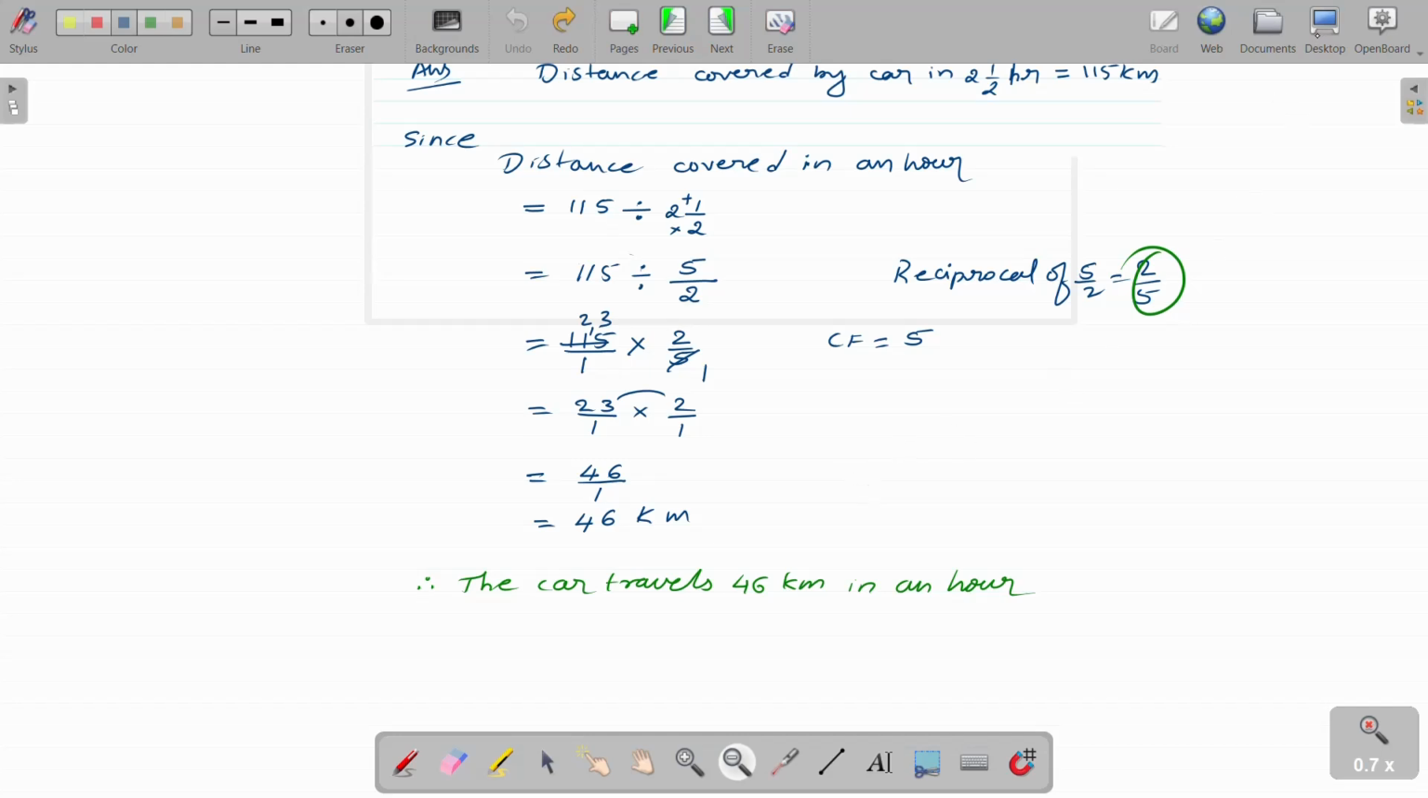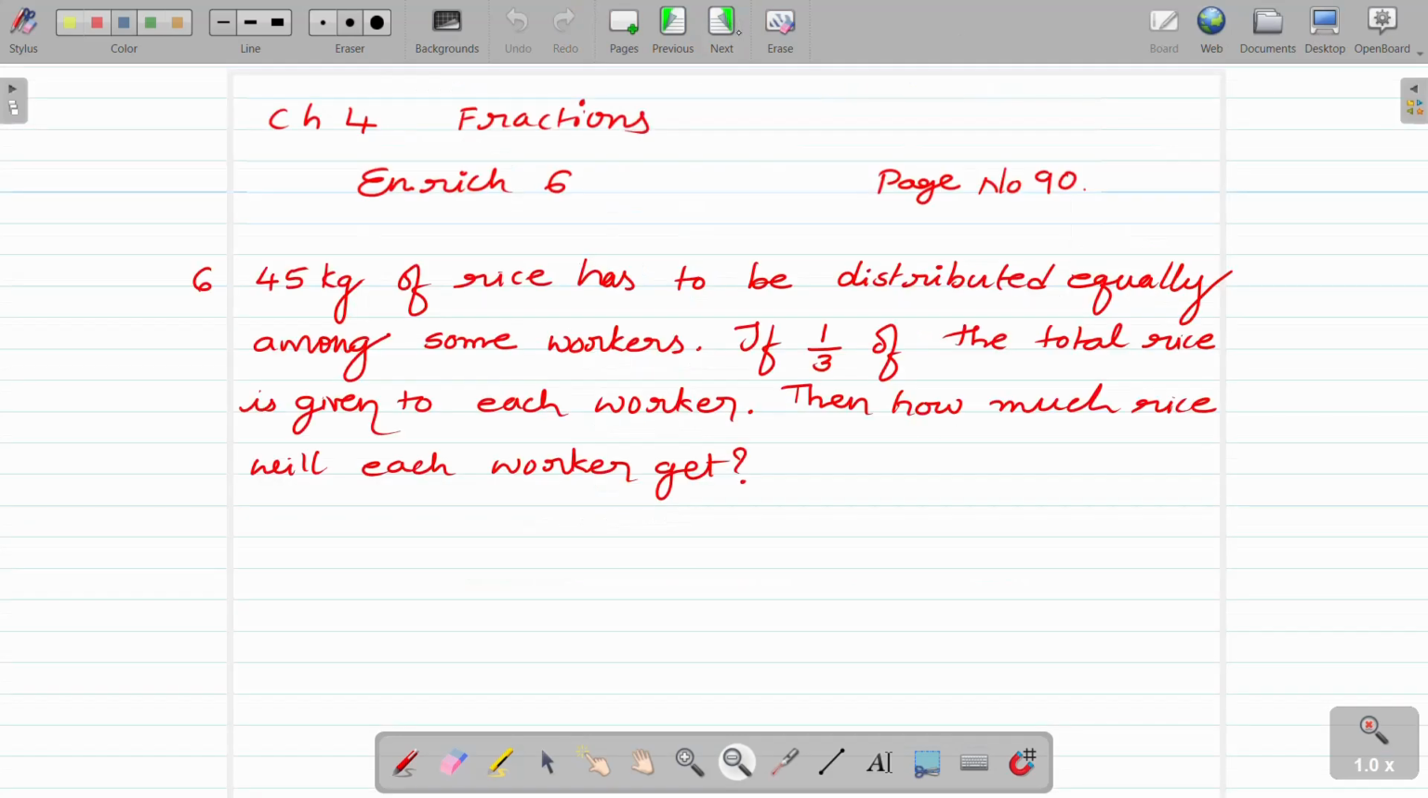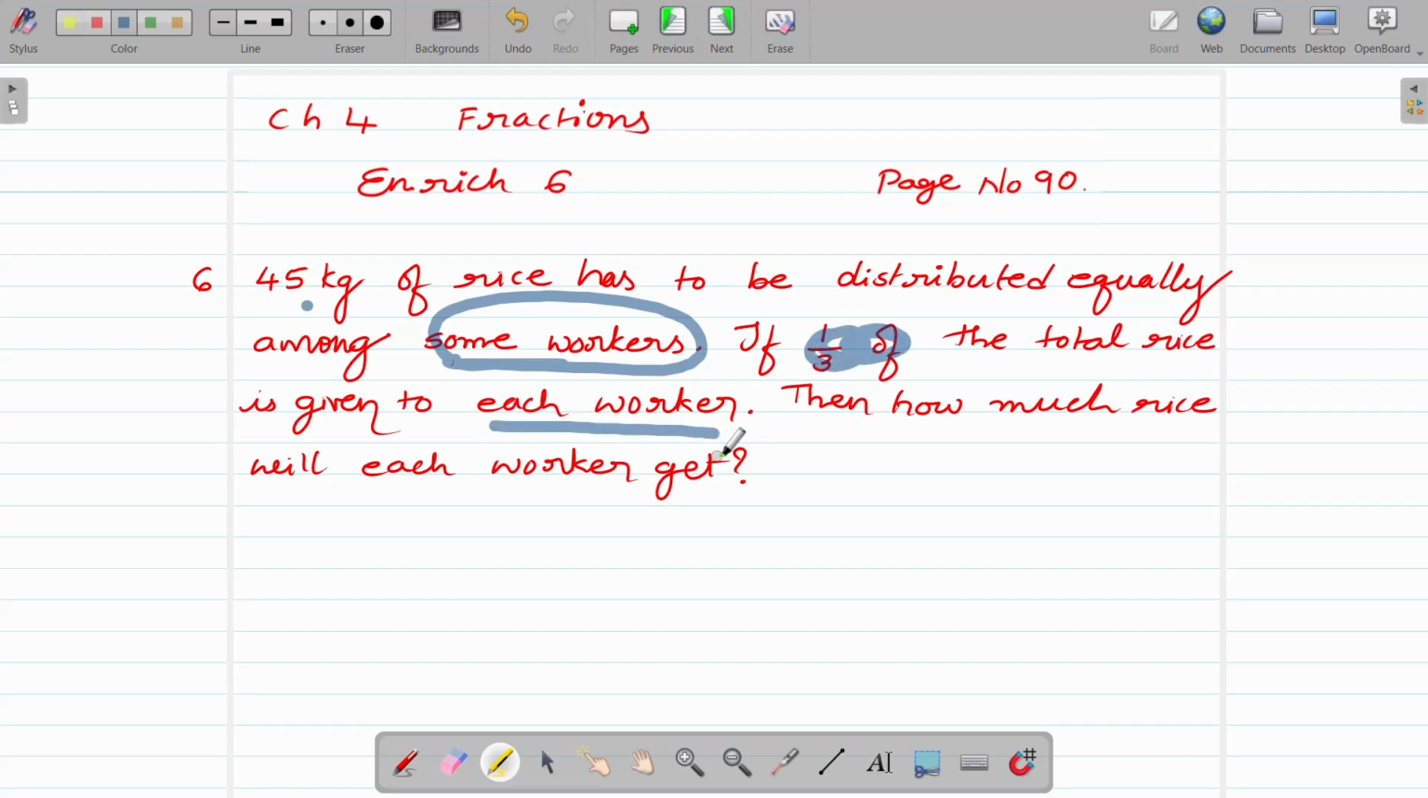Let's take one more sum. Here is the next sum. That is question number 6. In this question number 6, they are given 45 kg of rice has to be distributed equally among some workers. If 1 by 3 of the total rice is given to each worker, then how much rice will each worker